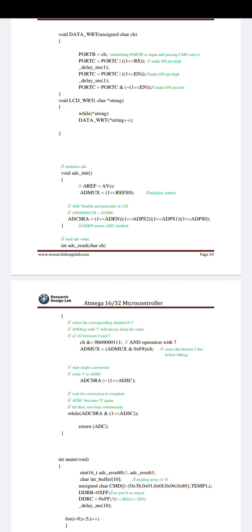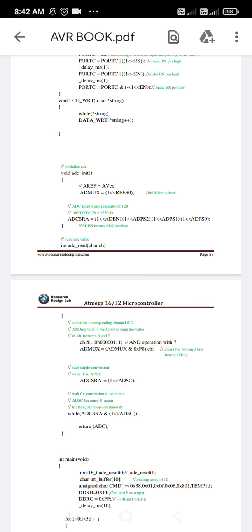AREF is equal to AVCC. Then ADMUX is equal to 1 is less than REFS0, that is, initialize the ADMUX.